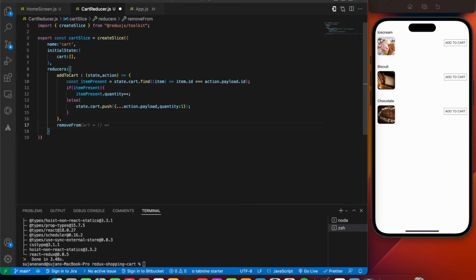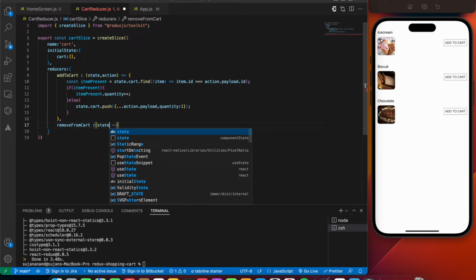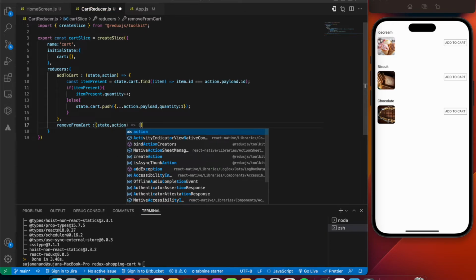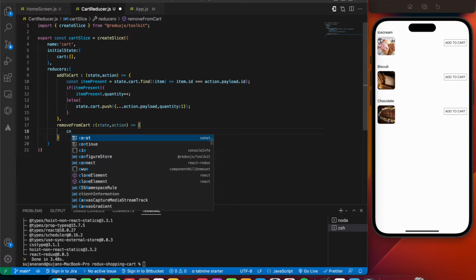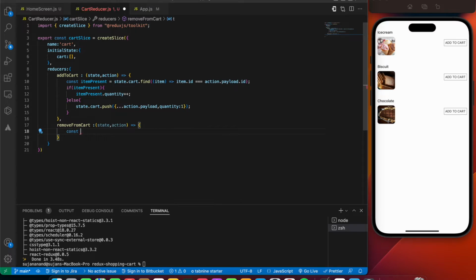So let's write that removeFromCart like this. This also is going to take in basically the state and action. Inside our removeFromCart, we'll be making use of the filter method to remove a particular item, if we press on the remove from cart or the minus button. So we're going to say const removeFromCart